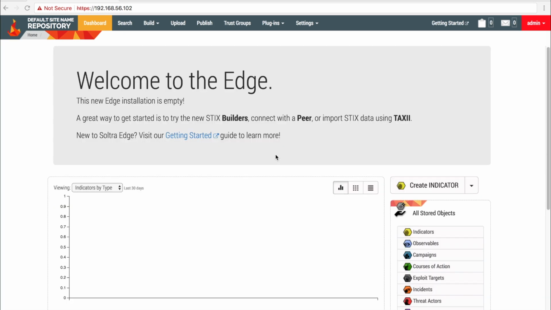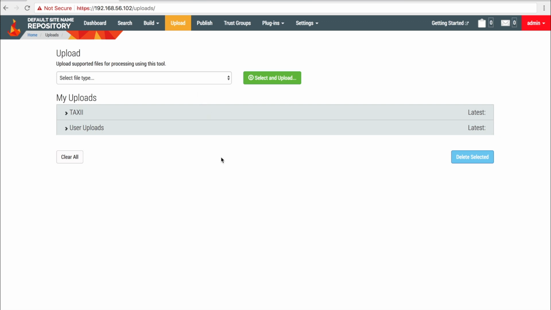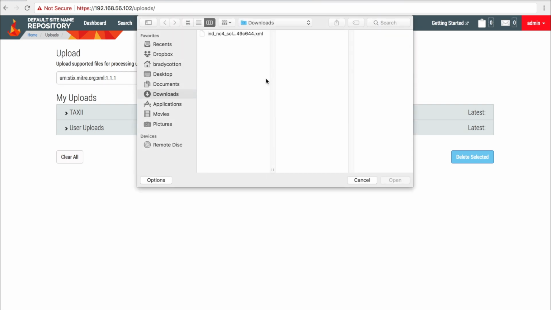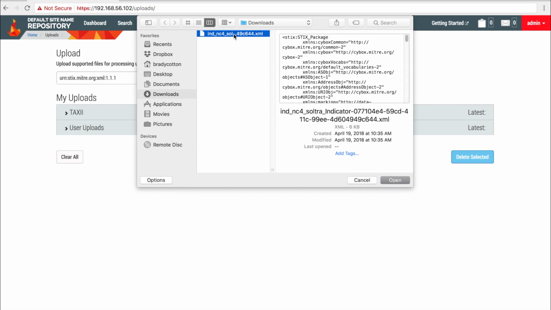The quickest way to get data into your appliance is to simply upload it. To upload data, select Upload from the top navigation bar. Choose the Select File Type drop-down and choose the URN stix.mitre.org XML 1.1.1 selection. Select the green Select and Upload button, and you want to point Finder or Explorer to the location of your data and select Open. For this scenario, we will select this indicator that was used on a different Edge appliance